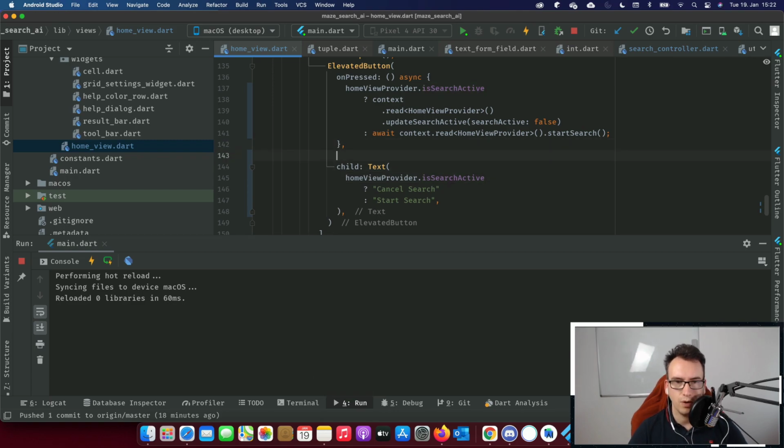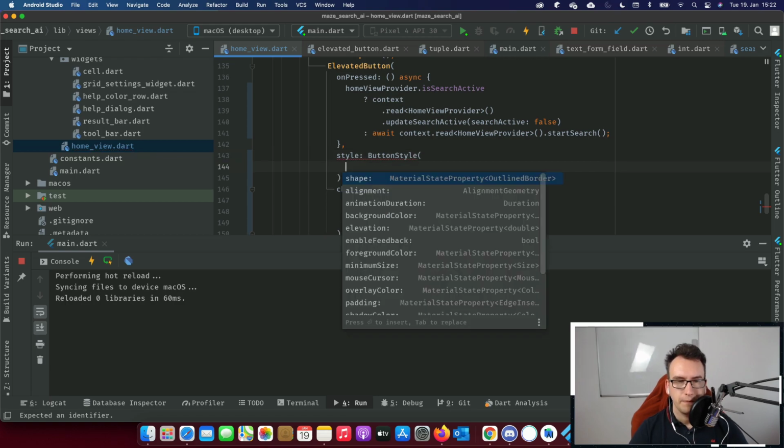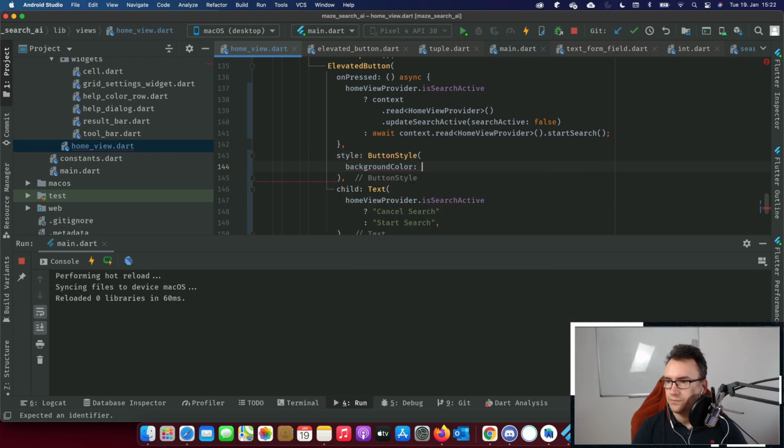So the last thing that we want is styling, like text, button styling. What do you have for style? Button style. This is shape, alignment, background color. And what I want to say is if the home view provider's is search active, so if the search is active, I want the color to be red. Const of course, and red means RGB, right? So we have FF0000. Else we have the color const,